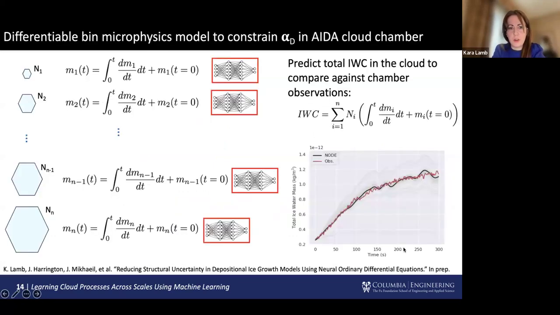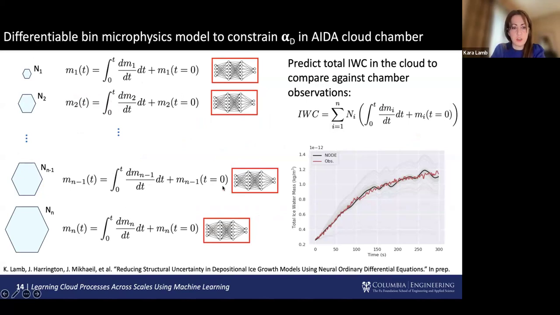And one other thing that we've been looking at is also applying this type of method to the AIDA chamber to see if we can get constraints on alpha in that case. But that is a little more complicated because we don't directly observe the mass of a single ice crystal, but rather the aggregated mass of multiple ice crystals, in terms of the ice water content in a volume of air. So in that case, we actually need a differentiable bin microphysics parcel model to do that